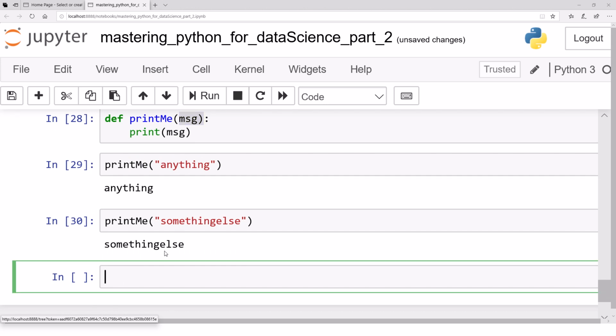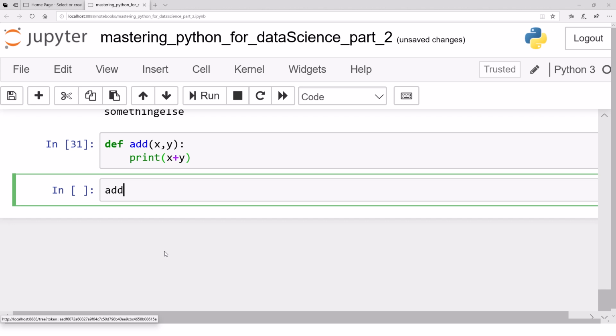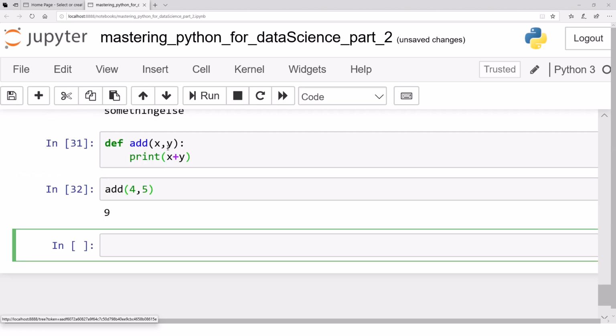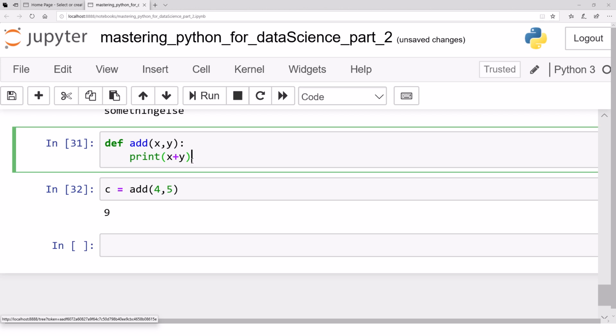Not just one argument, you can have several arguments. For example, define add x and y, and you just print x plus y. So now you call add 4, 5. It will print the sum of 4 and 5. And if you want the result, for example, you want a C that should have the result of addition of 4 plus 5, then rather than printing, you may want to return the value